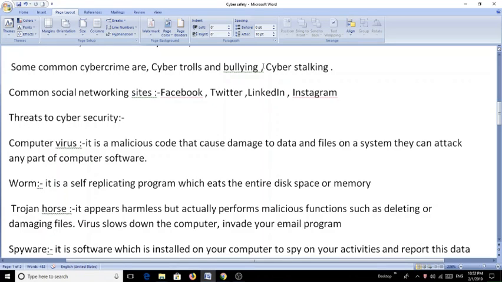Next is cyber stalking. This is a kind of online harassment where the victim is subjected to a barrage of online messages and email. Typically, these stalkers know their victim, and instead of resorting to offline stalking, they use the internet to stalk. A cyber stalker relies on the anonymity afforded by the internet to allow them to stalk their victims without being detected.